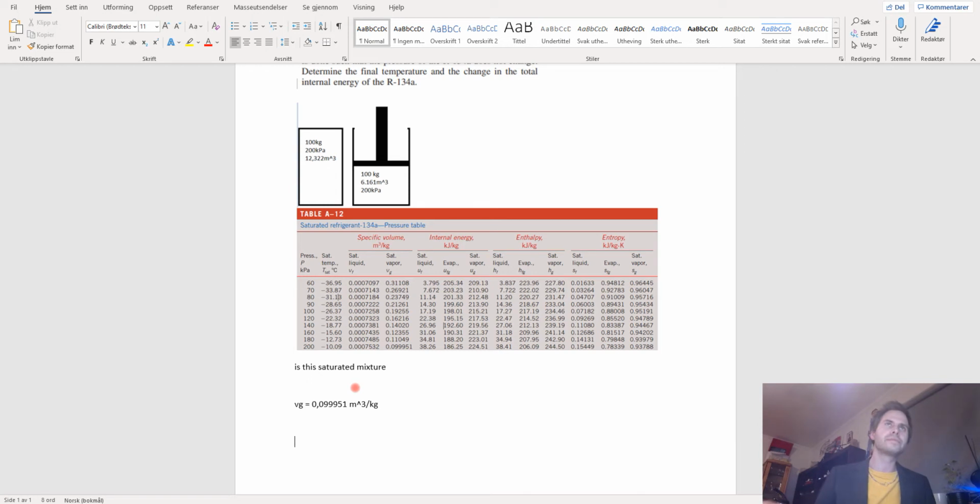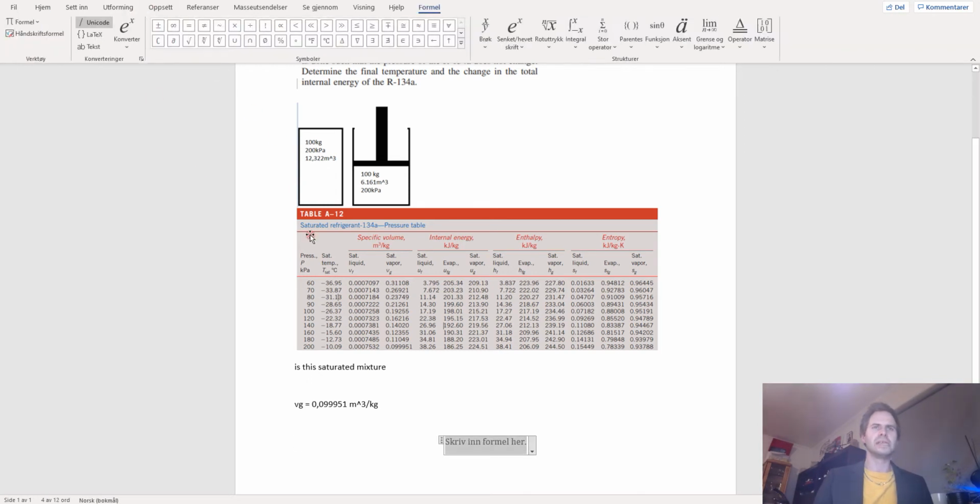And then we will see if this is... we have 100 kilos of this, so we will look at this: 0.099951 times 100 kilo equals 9.9951